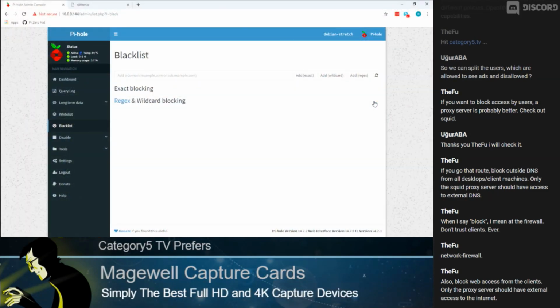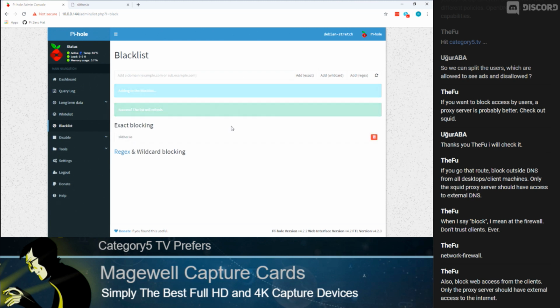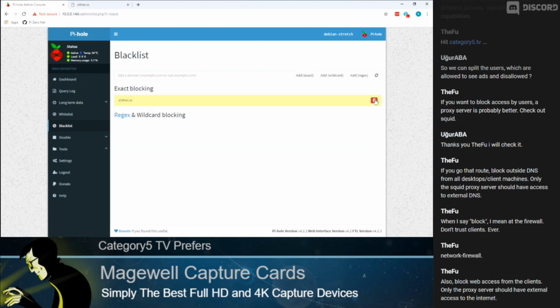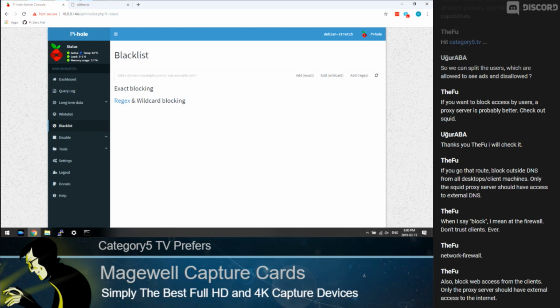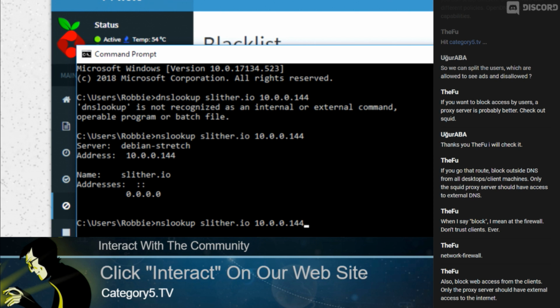Okay, so now if I remove that, let's go back. Oh, sorry, I just hit the delete button next to it. I apologize, I had the wrong screen up. So I had it here. Okay, right now it's as it was. Now I'm going to delete that. Now go back to my command prompt, and let's run that same command, nslookup slither.io, and notice it's resolving